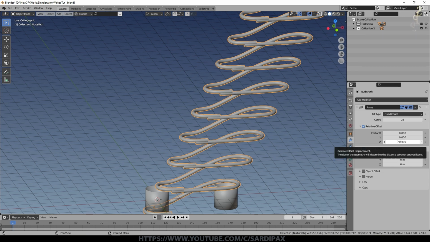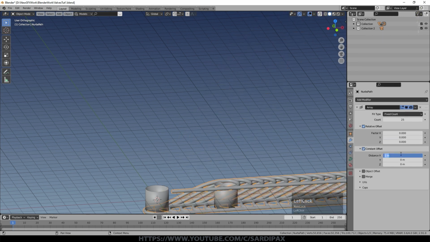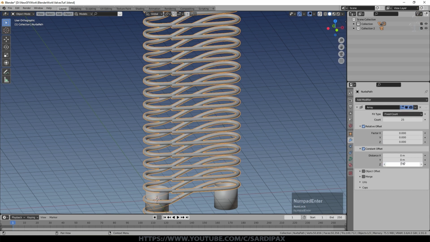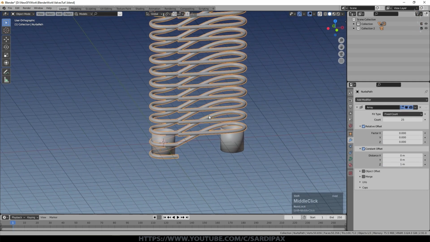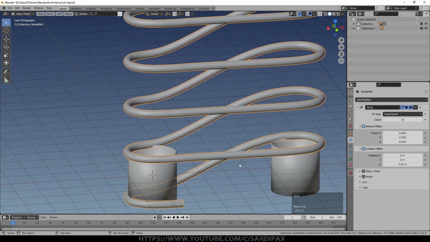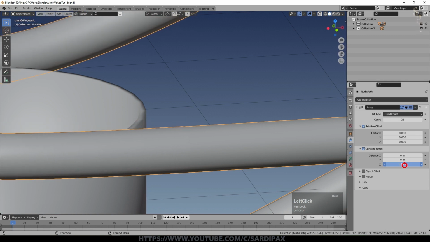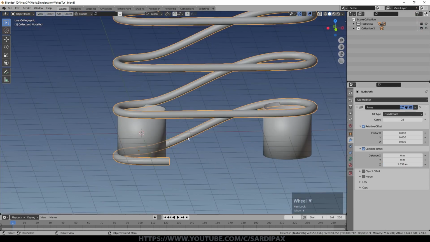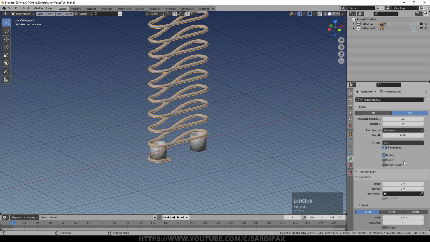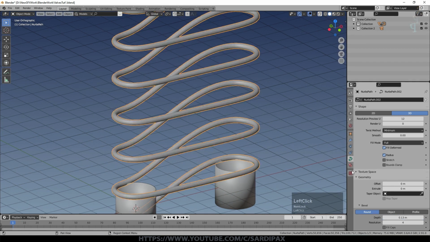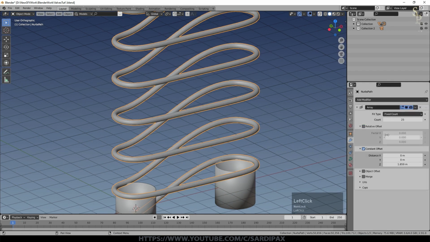So if I take relative offset off and use constant offset, and we put 1 on the Z just as a starting point, and there you can see we've now got precise alignment, just getting there, close enough that you can't see it. And if we go back to here and adjust the bevel, you can see that no longer offsets, it holds its position. So that's a better thing to do, use constant offset, not relative offset.